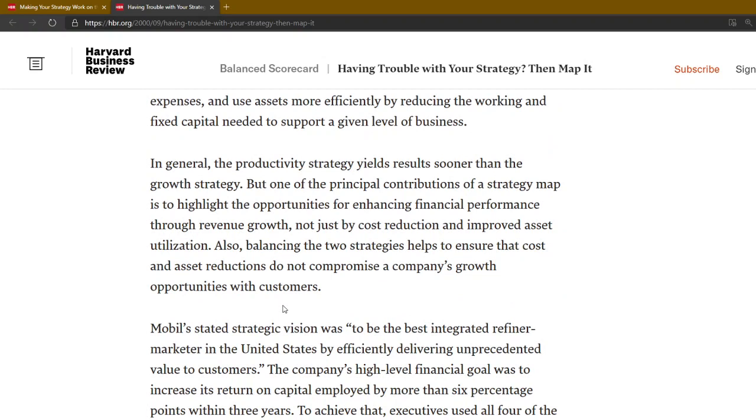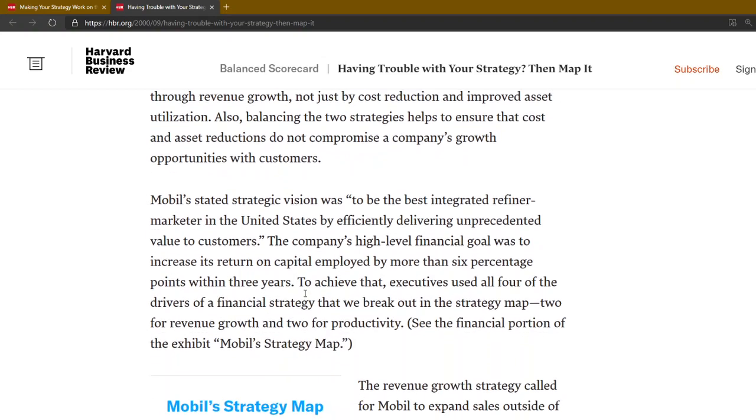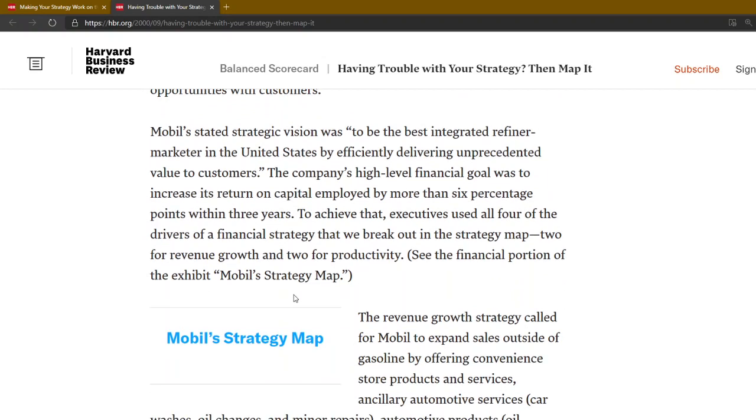In general, the productivity strategy yields results sooner than the growth strategy, but one of the principal contributions of a strategy map is to highlight the opportunities for enhancing financial performance through revenue growth, not just by cost reduction and improved asset utilization. Also, balancing the two strategies helps to ensure that cost and asset reductions do not compromise a company's growth opportunities with customers. Mobil's stated strategic vision was to be the best integrated